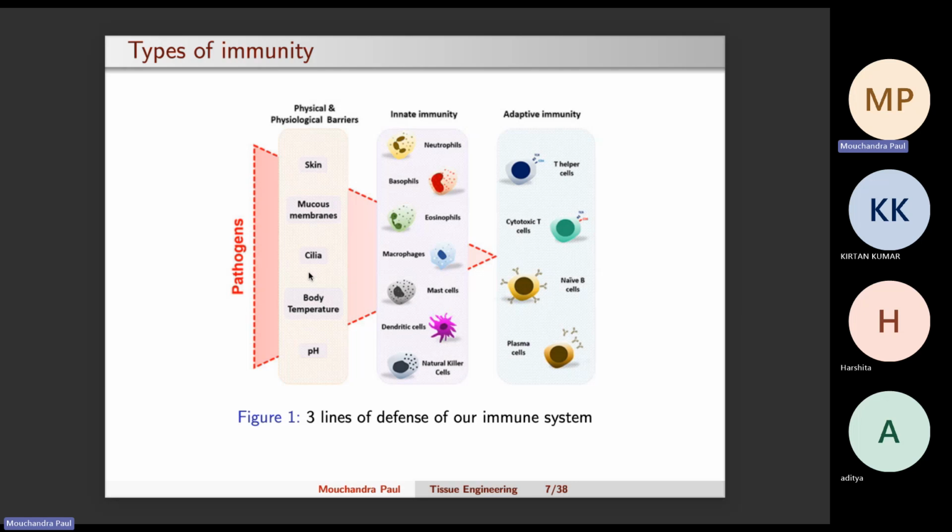If suppose any pathogen passes through these physiological barriers and enters our body, then it has to face the second line of defense, which is the innate immunity. So in innate immunity, as I said, there are various kinds of blood cells: the neutrophils, basophils, eosinophils, macrophages, mast cells, dendritic cells, natural killer cells. These are the cells present in the blood, and a few of the cell populations are also present in the tissue. And suppose